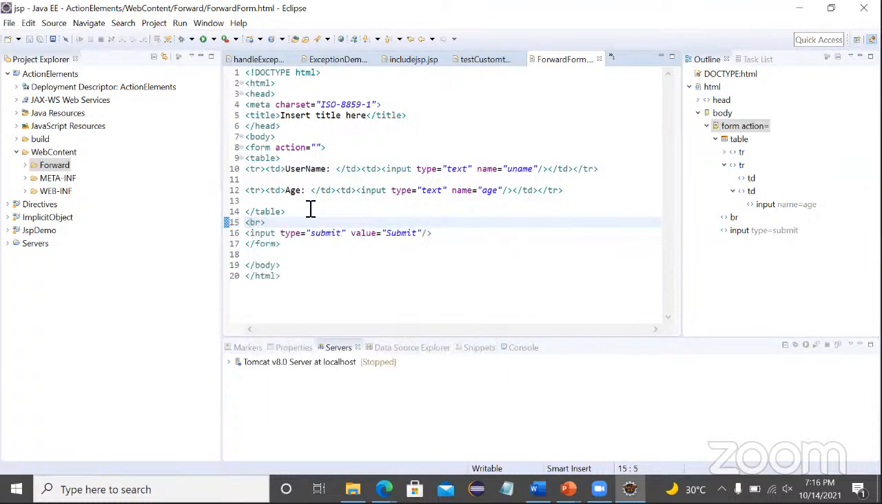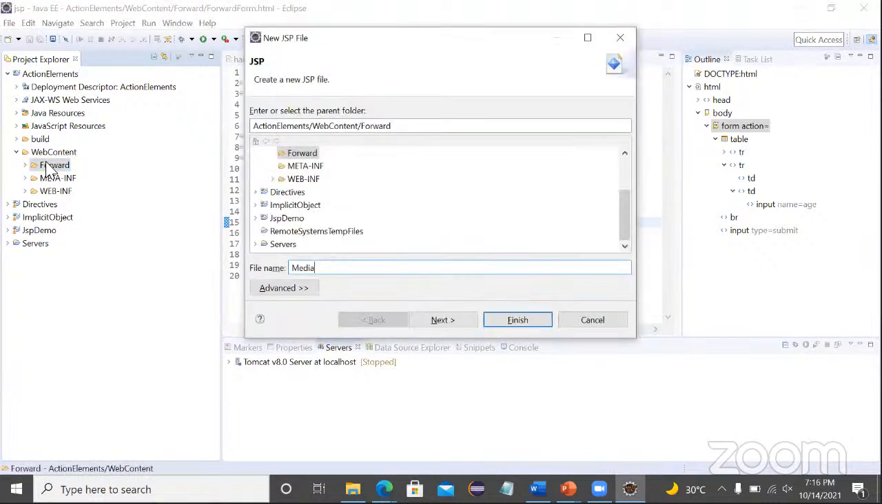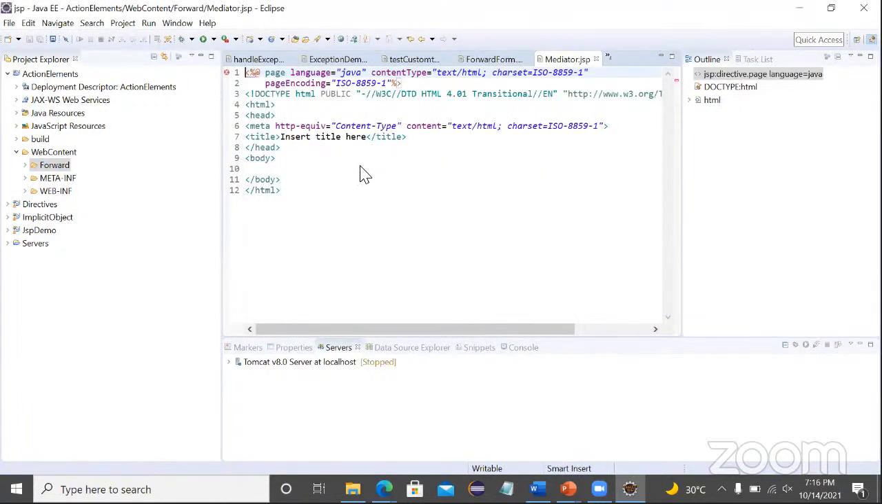Okay, so now let me create one file. That file name is called mediator. Okay, so please observe. I'm gonna create one JSP file as a mediator. And here, why is this an error? Because, okay, let me add this jar file and build the path,